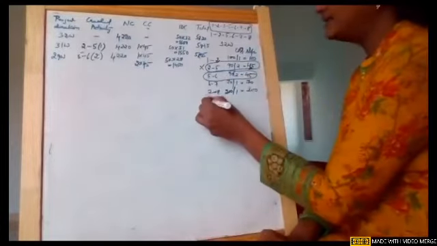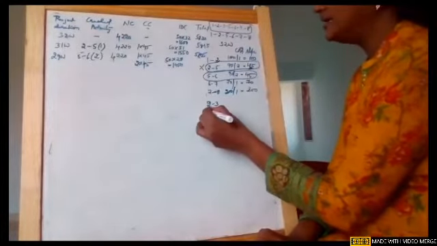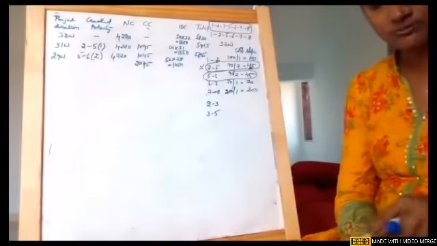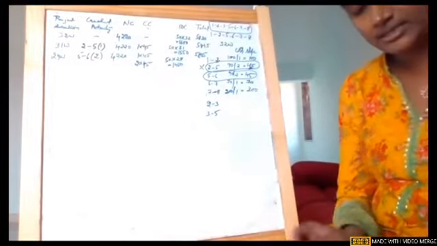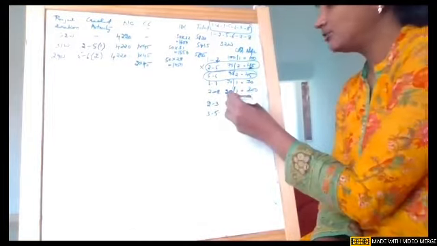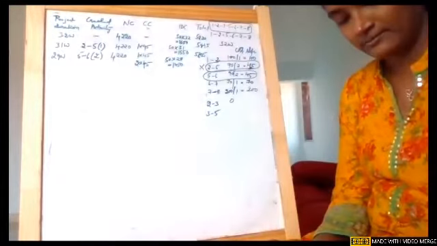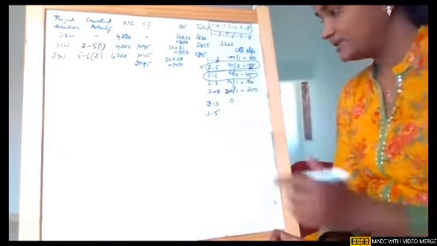The new two activities in the critical path are 2 to 3 and 3 to 5. So I'll just calculate the cost slope for 2 to 3 and 3 to 5. For 2 to 3, it is 0: 30 minus 30, it is 0. And for 3 to 5, it is 50 by 1,